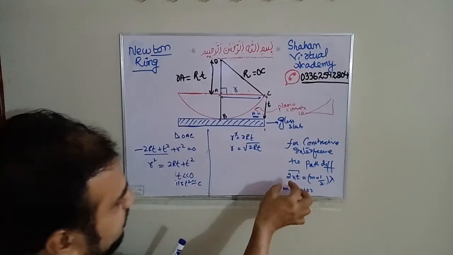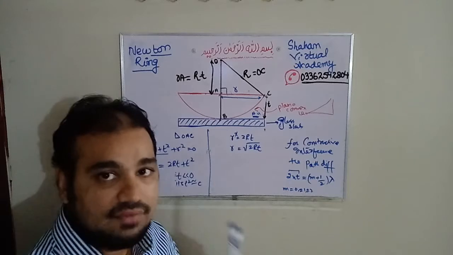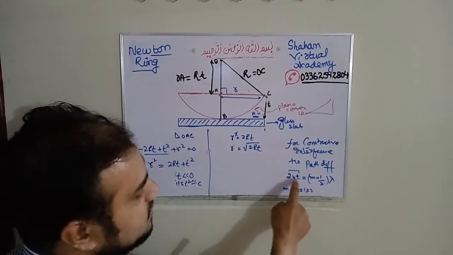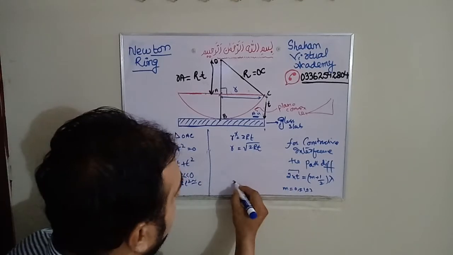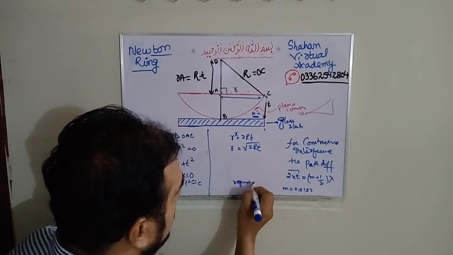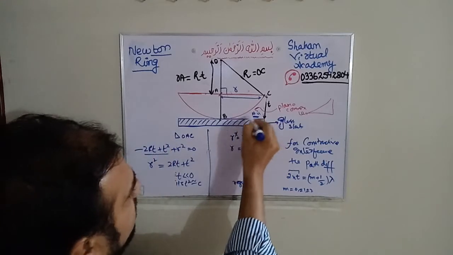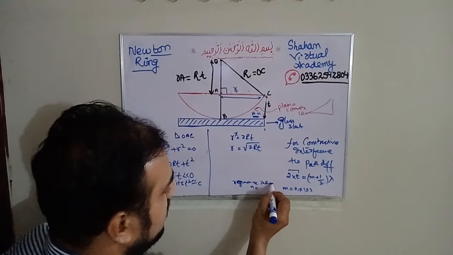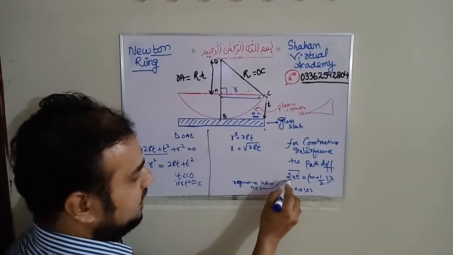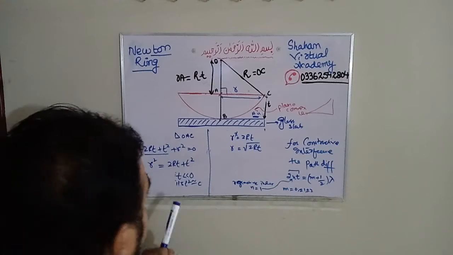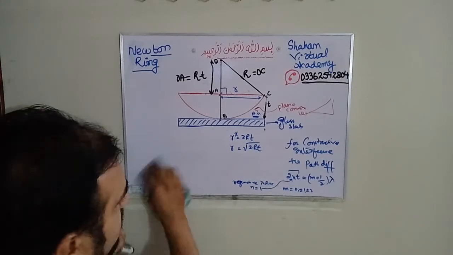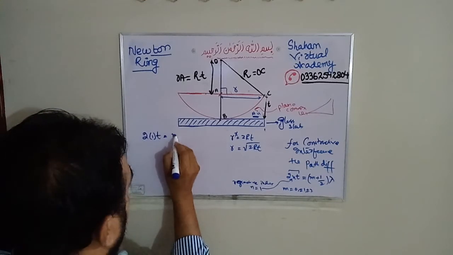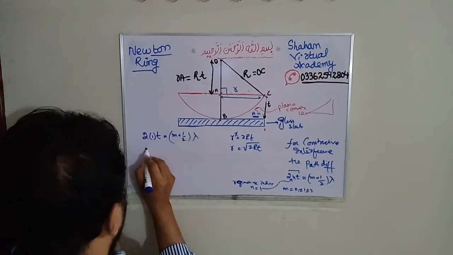So here, 2nt is the path difference for the constructive interference of light. When we get constructive interference, this path difference will be there. What is n? n is the refractive index, and this is air, and we know that the refractive index of air is n equals 1. So we put n equals 1 there, and it becomes 2t.